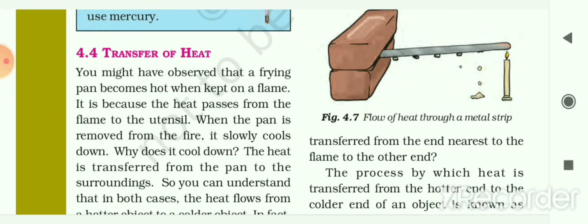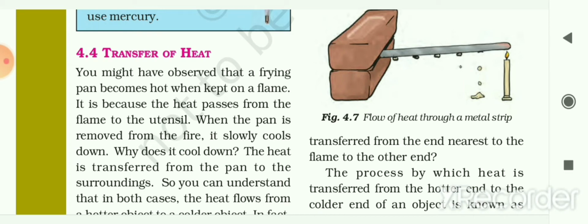So we had seen that the degree of hotness or coldness of any object is called its temperature. Whether an object is hot or cold, it is known by its temperature. And the temperature of a substance increases on giving heat, and the temperature of that substance decreases on absorbing heat from that substance. Then we had seen the instrument to measure the temperature of an object, and that instrument is known as